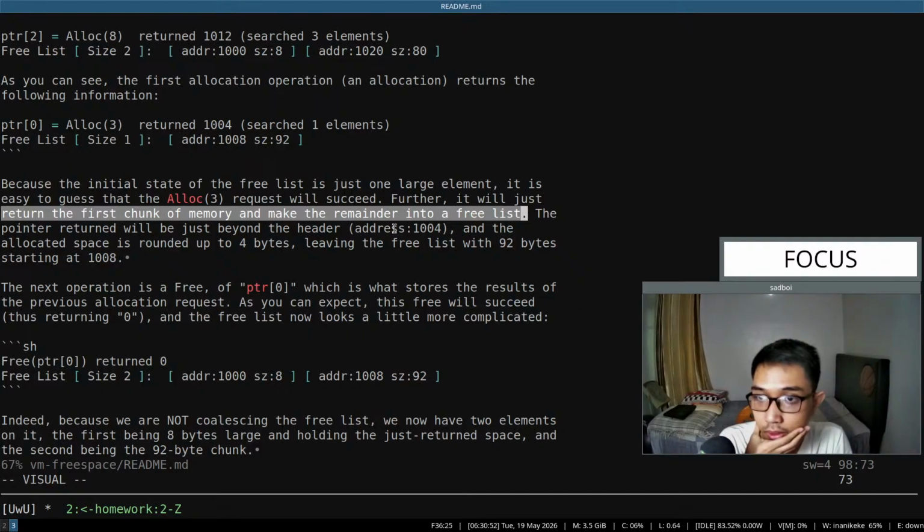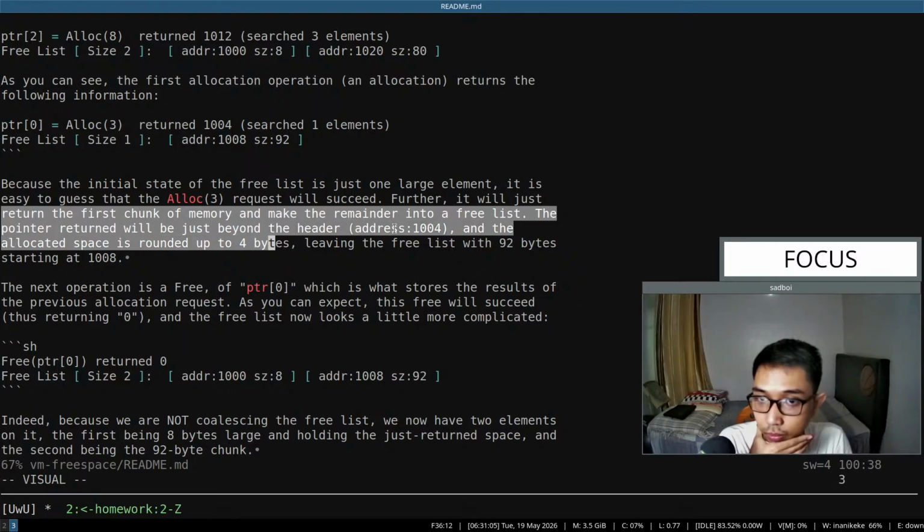The pointer returned will be just beyond the header. And the allocated space is rounded up to 4 bytes, leaving the free list with 92 bytes, starting at